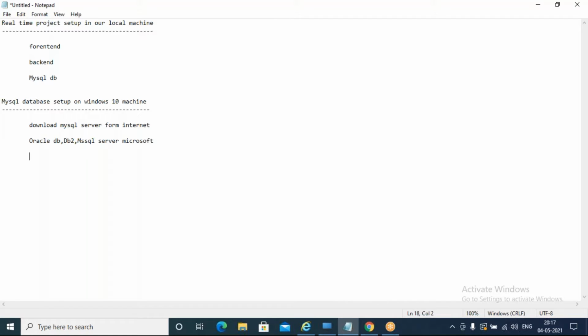Similarly, MySQL server is also a database, which will help us to store and retrieve the data. It is also an RDBMS, Relational Database Management System.